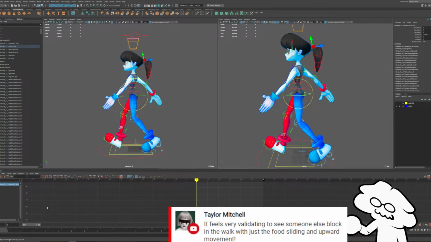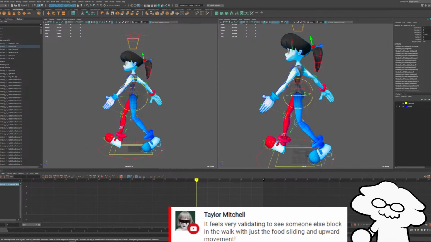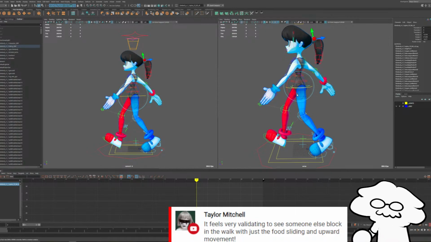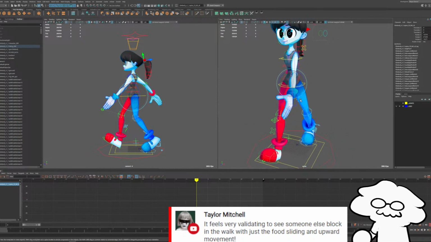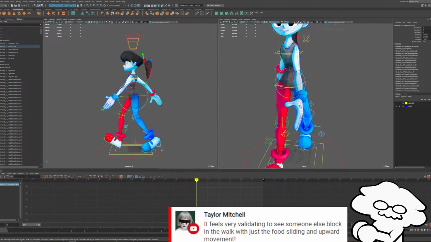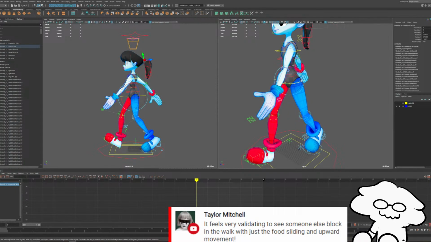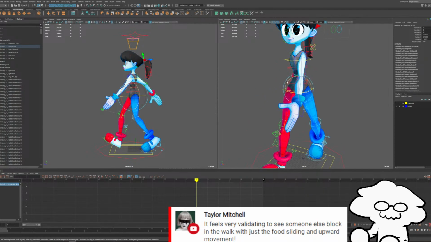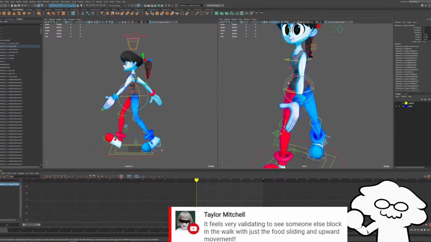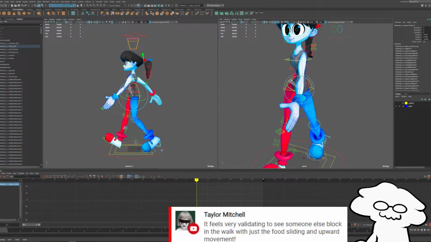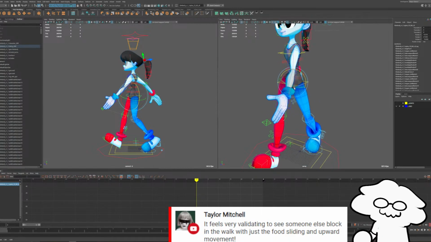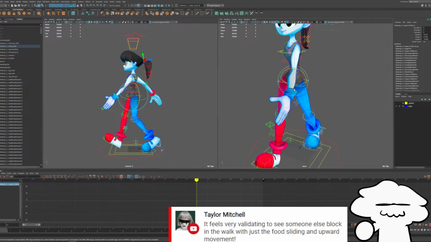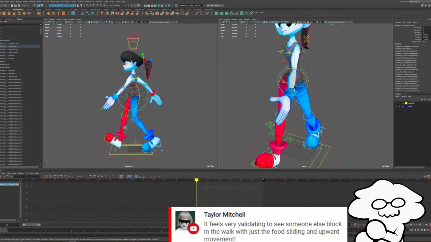So frame 0, just like everything else we've done, we're going to keyframe frame 0 and frame 30. We're going to have the hips point inwards. So your hip is going to go towards where you're walking towards, and the back of the hips is going to go backwards. Again, you can think of it like a scale. And then same as the video, we'll also rotate the hips downwards a little bit so that, like a scale, it drags the lower part of the hips downwards.